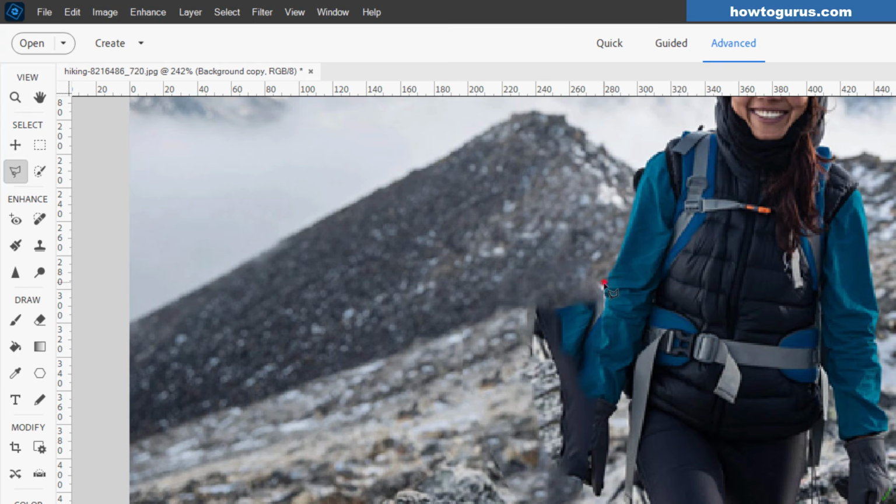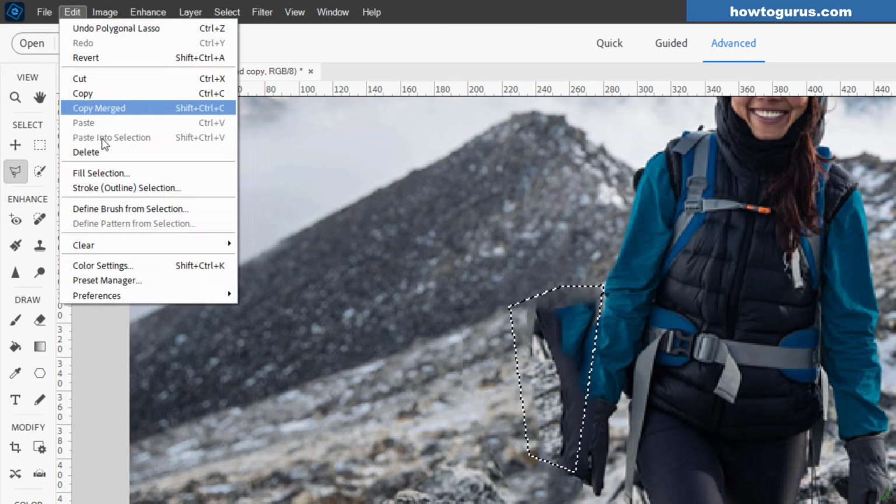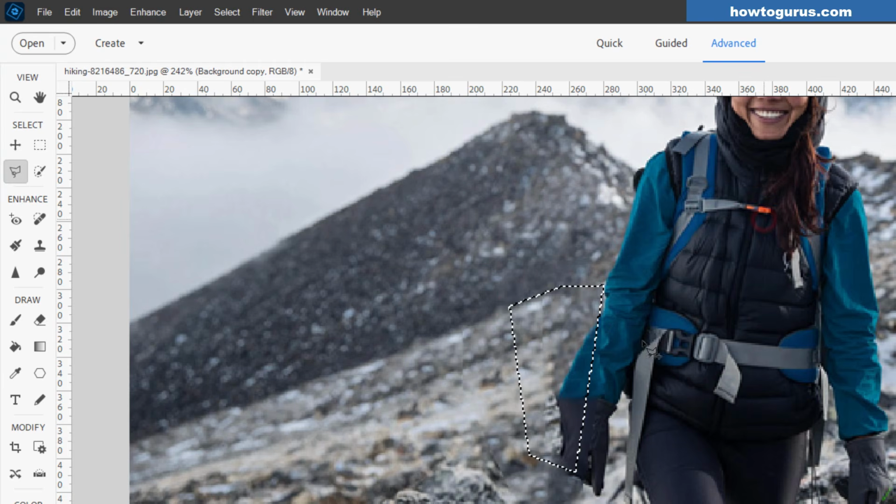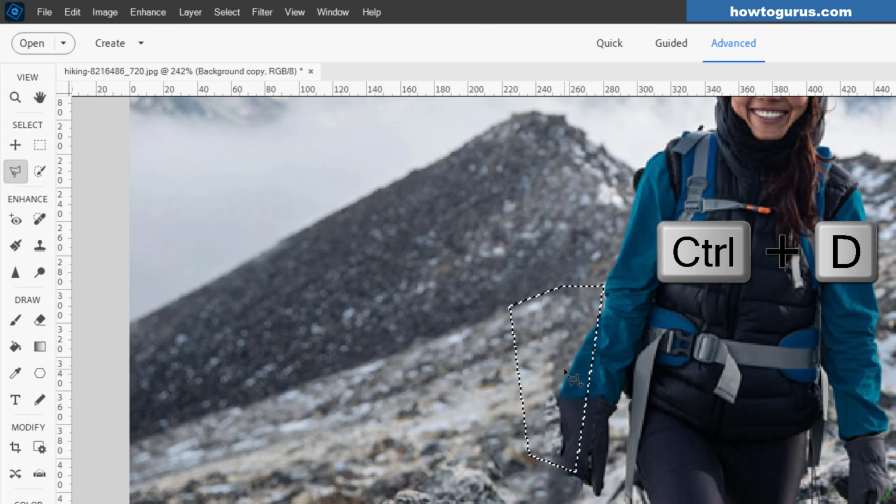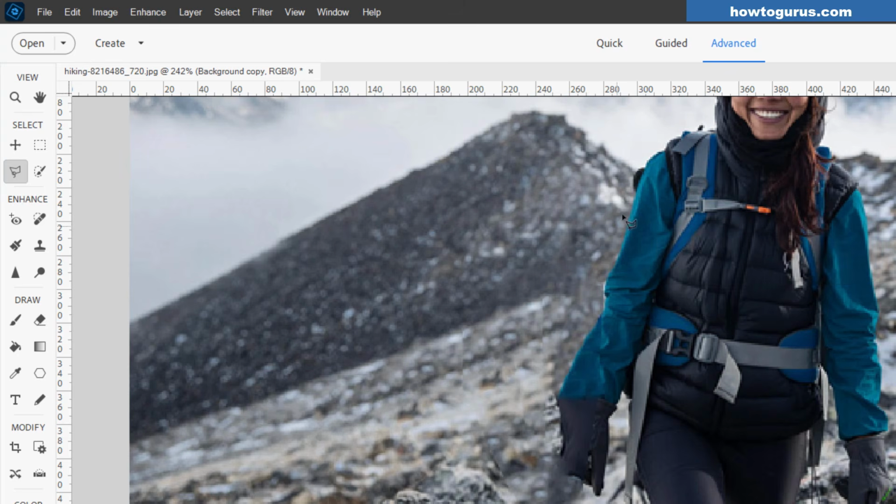Let's try this again. Just like this. Same thing. Edit, Fill Selection, and choose OK. Okay, it's mostly gone now. And then Control-D to remove that. Now I need to get rid of the edge here of our foreground person and come in about this far